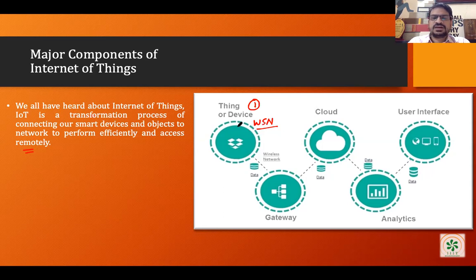So what we do, we make the network of sensors. Let's say we have 5 appliances: appliance 1, appliance 2, appliance 3, and appliances 4 and 5. We have 5 appliances in my home, and we want to connect all of them and make the IoT infrastructure. So I'll put the sensors on all those appliances, and I'll put some sort of computing capacity on all those devices. This computing device, which is connected with the sensors, can convert the reading of the sensor into digital form. It can process it, and